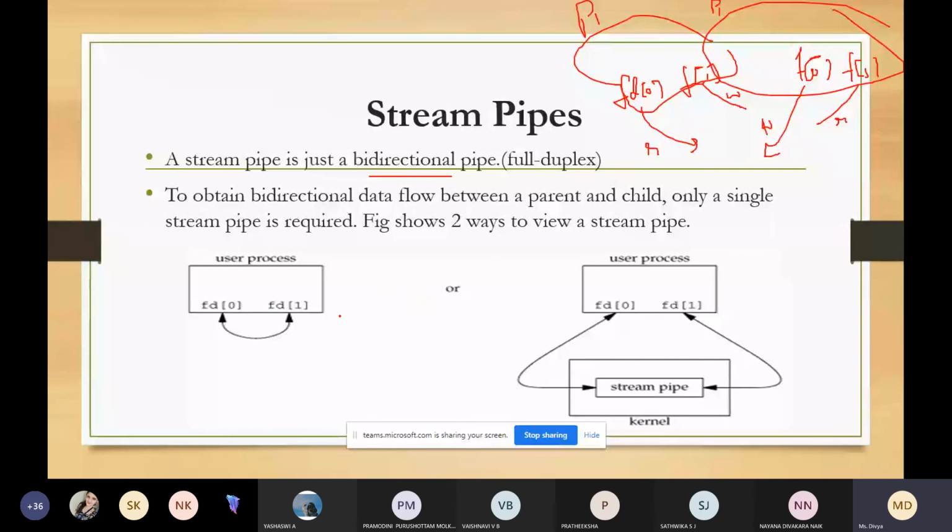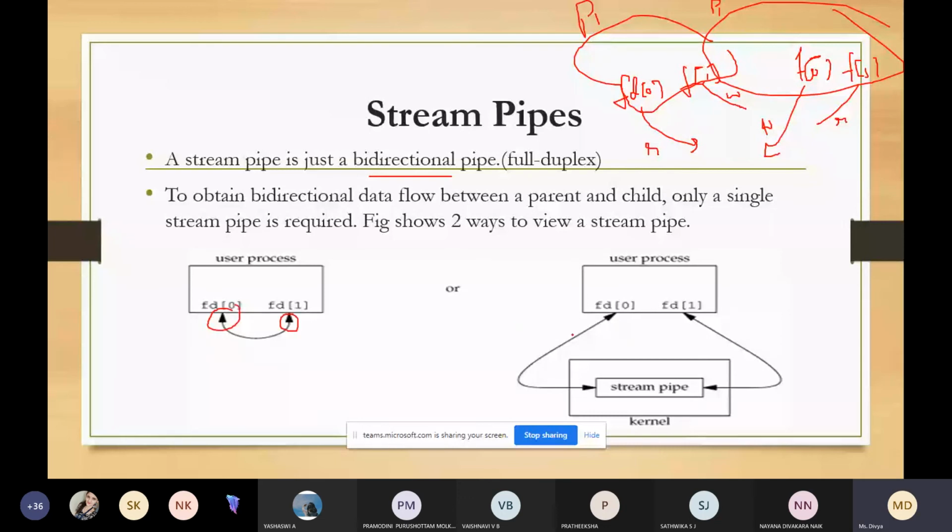If you compare this diagram with the previous simple pipe diagram, the difference is that you can see arrowheads in both directions.